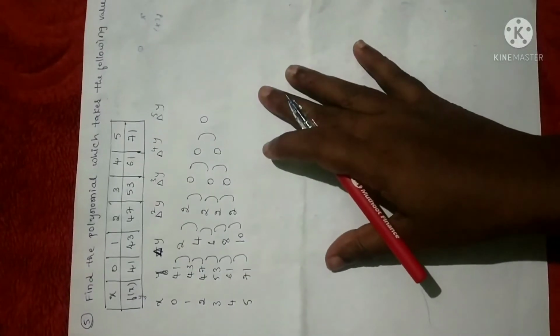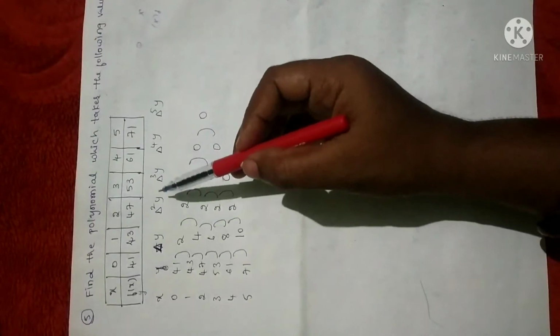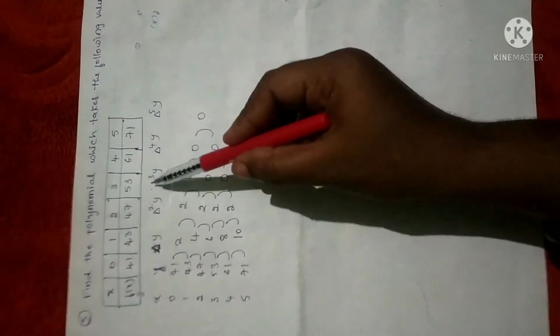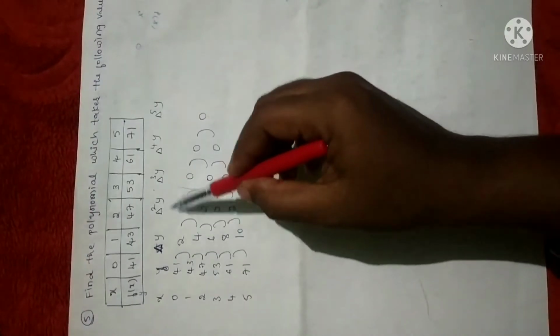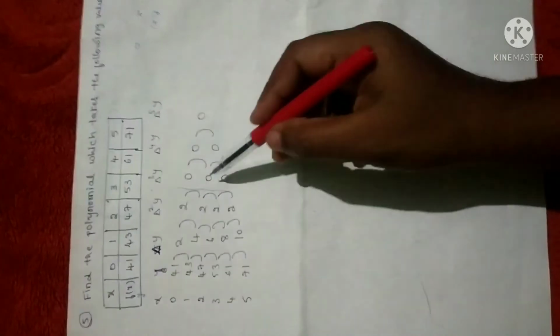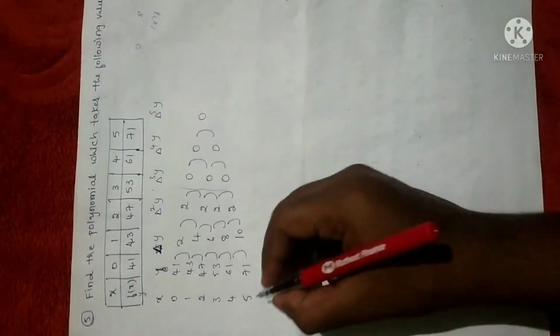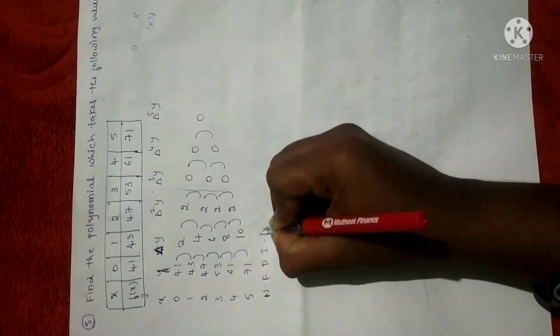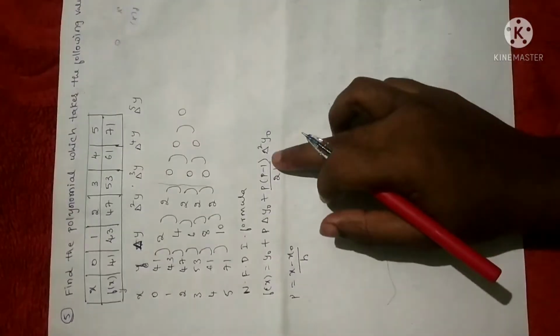Anyhow, for a forward difference table you need to write all the values, but in the Newton forward difference interpolation formula, it is enough to write up to delta square y. Why? Because even if you write del cube, del power 4, del power 5, it will be 0 only, because 0 into anything will be 0. Now let me write the Newton forward difference interpolation formula up to terms containing delta square y. It is given by this. So I have written the Newton forward difference formula up to del square y.